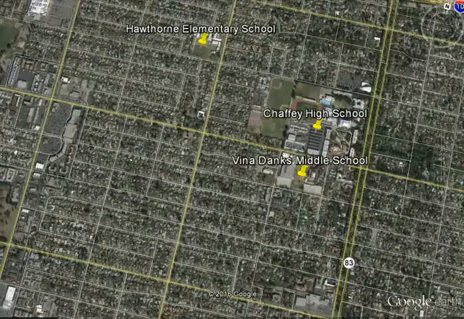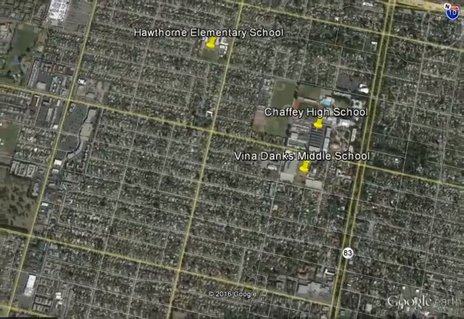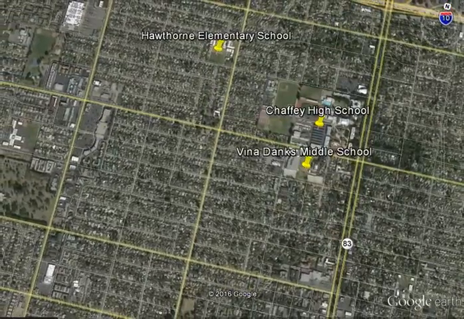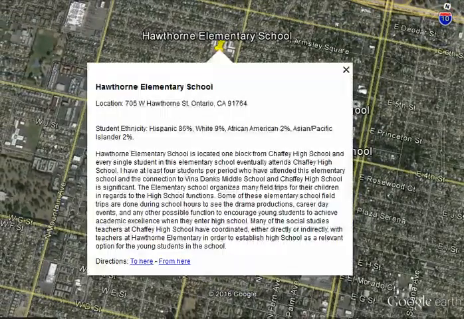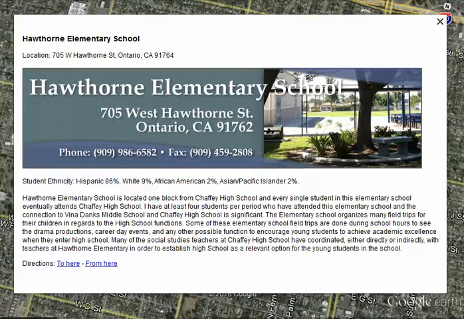Next up is Hawthorne Elementary School. Hawthorne Elementary is about a block and a half away, and I chose this elementary school because they do a lot of activities at Chaffee High School. They usually do their daily walk field trips to see drama productions. If there are activity days that involve college career days or just career days in general, some of the